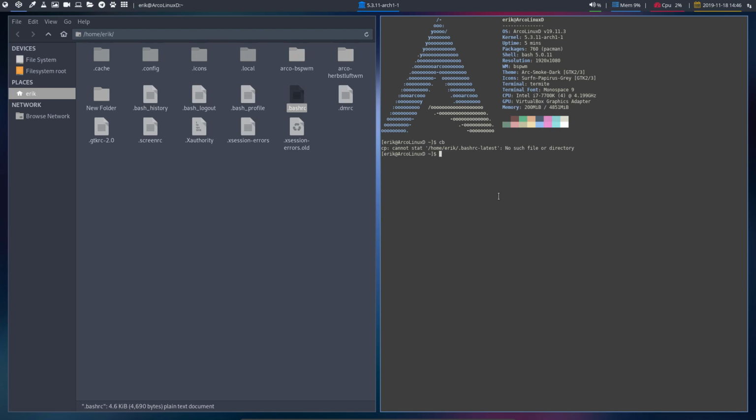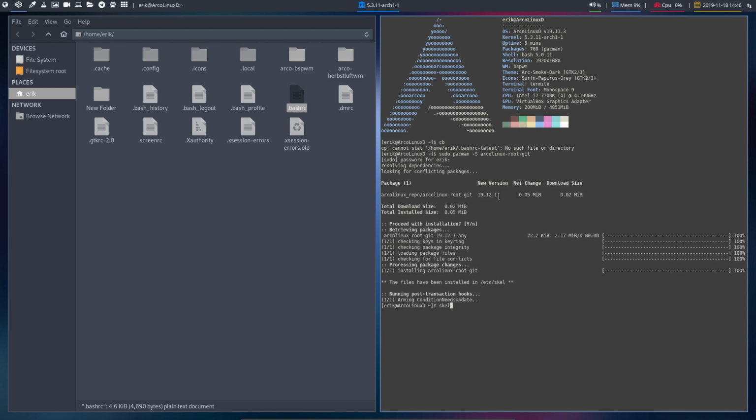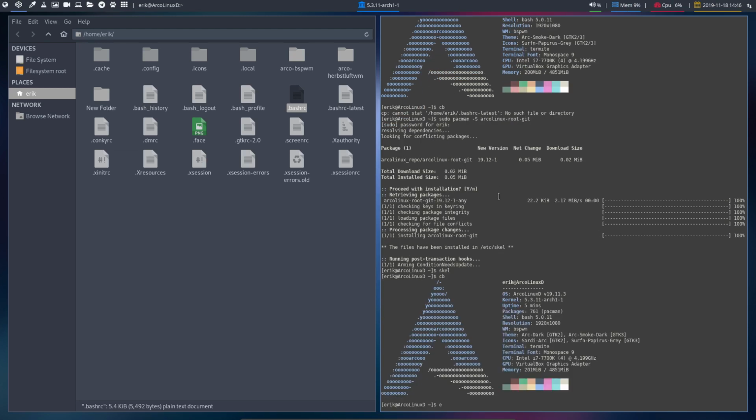There's no Azure C latest. Why is that? Because pacman -S, capital S, please. ArcoLinux root has never been installed. Root is now installed. Scale. cbe. Now I have